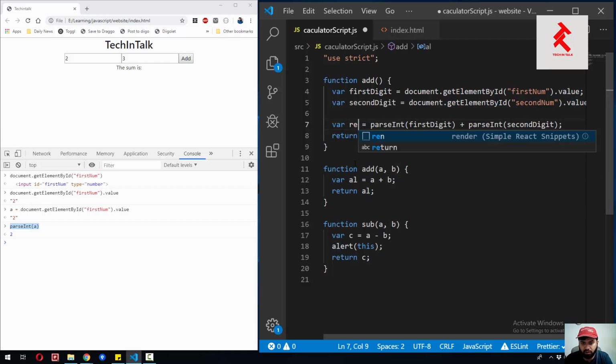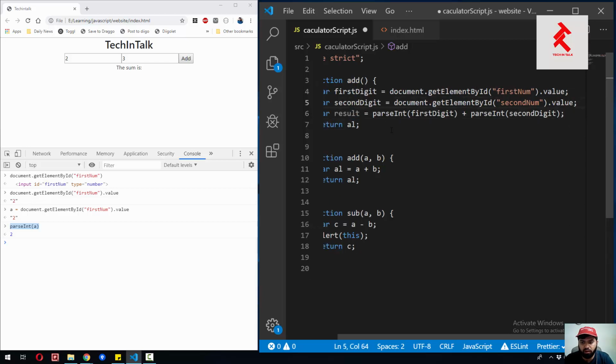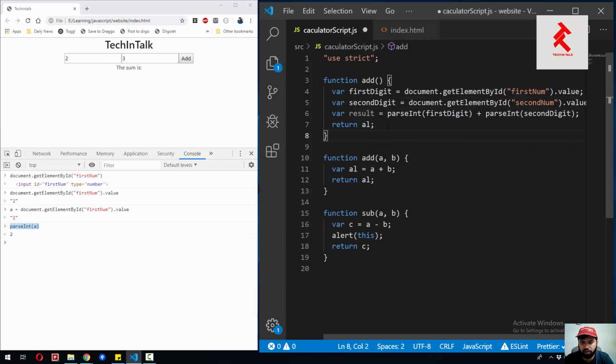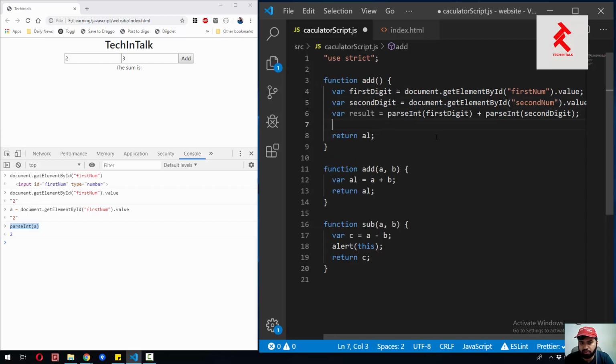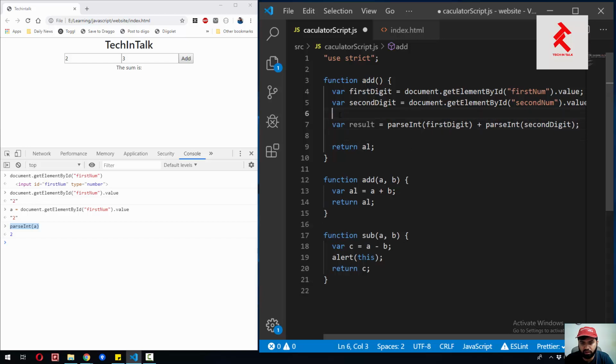So let's update our result variable name, and now instead of returning the value, we will require to update the results in the result area. So to access that result area, you can see we can access them